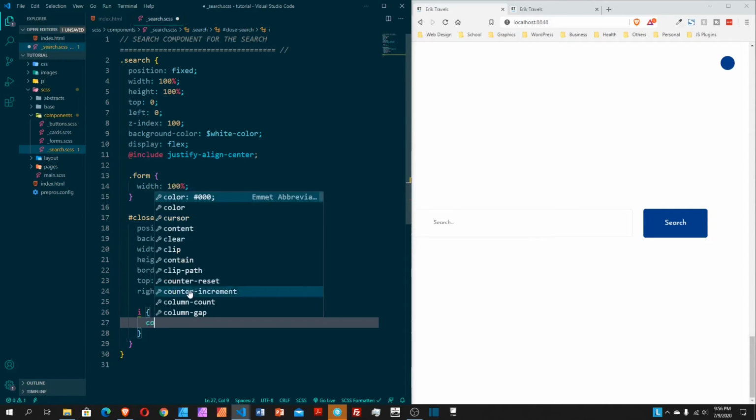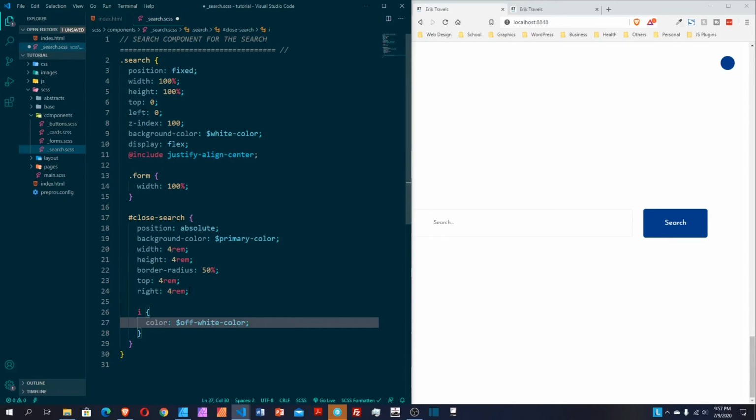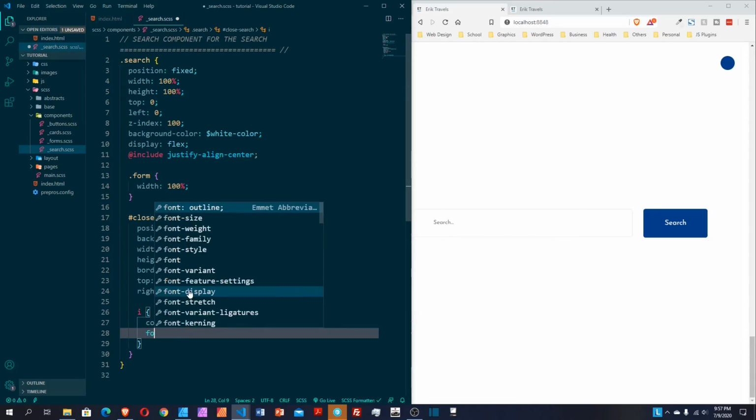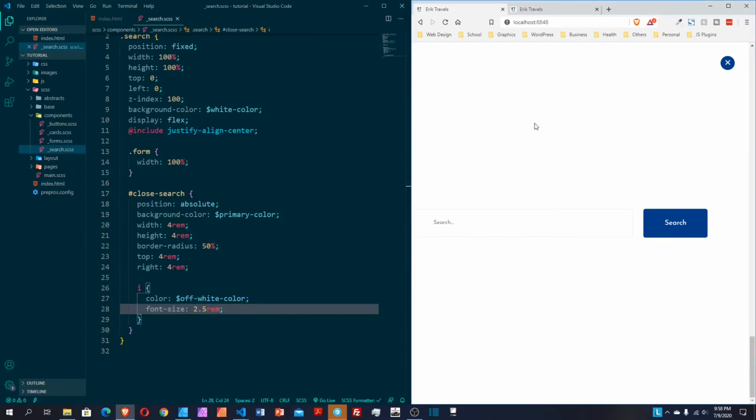I set color to be of white, and the font size to be 2.5 RAM. We got this right here. Now it doesn't do anything. Now I see a little mistake. As you can see, this doesn't have any space right here. But if you look here